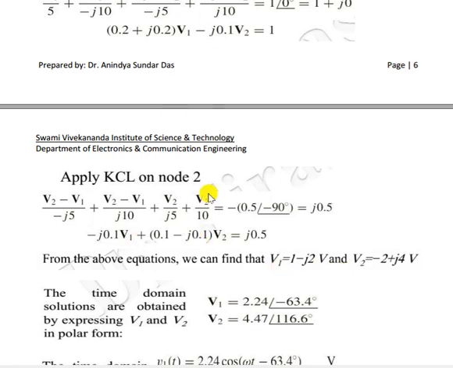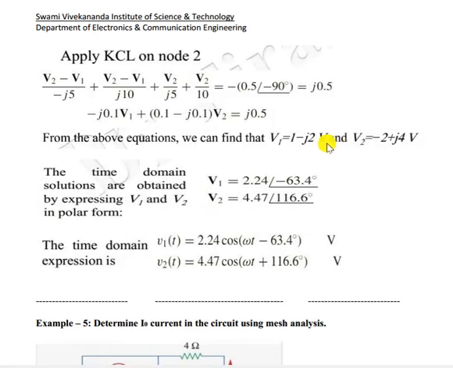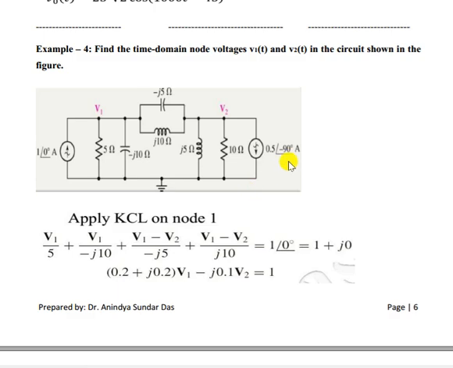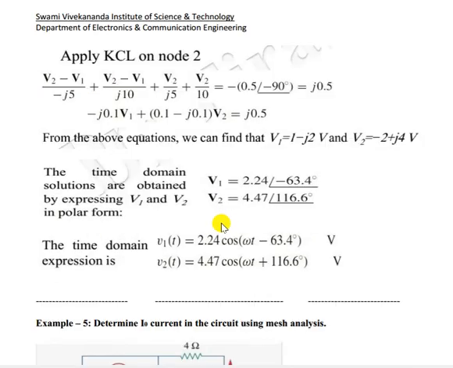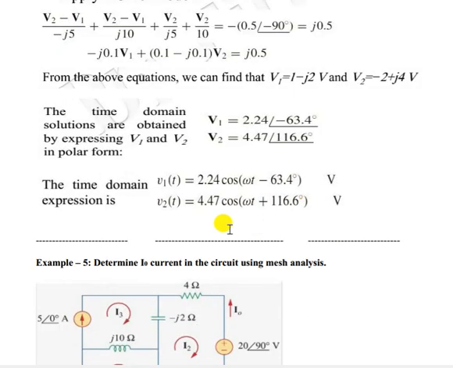You can apply matrix method to solve it. So we got in Cartesian form. We can convert that into polar form. If you convert that in polar form, then we can find out time domain very easily because we got the angle. So 2.24. This should be multiplied by root 2, but anyway, they are thinking this is the maximum value. That is the confusion here. So cosine of omega t, here omega t value is not given, so you have to write in terms of omega t, omega t minus this angle plus this angle. So that is the time domain expression.